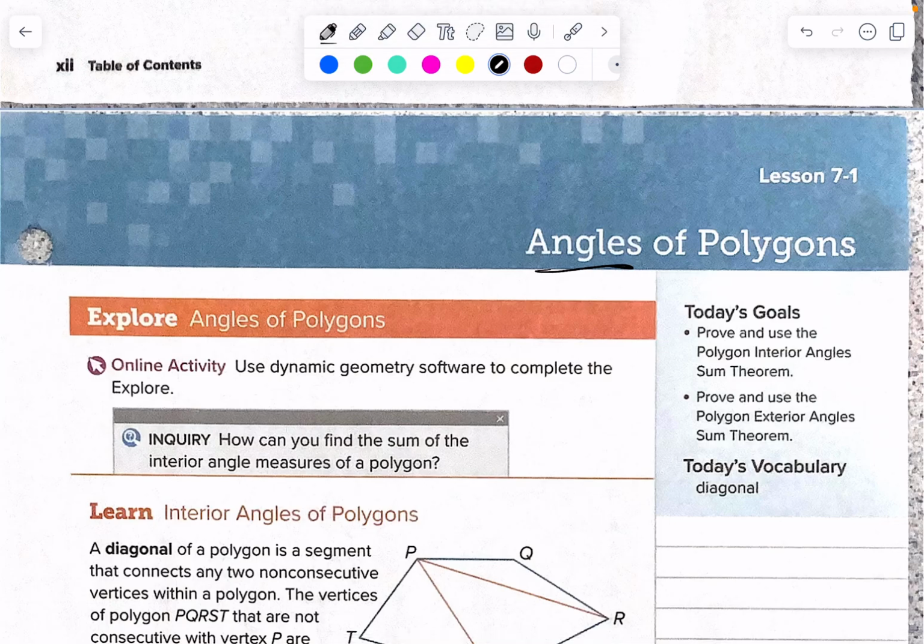Hey, geometry. We're starting section 7.1 today. Tomorrow when I come back, I'll give you back your tests, and then we'll just keep moving along in section 7.1. But 7.1, or chapter 7 itself, is kind of, I don't know what you think about when you think